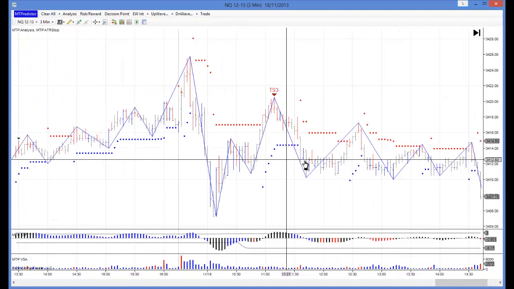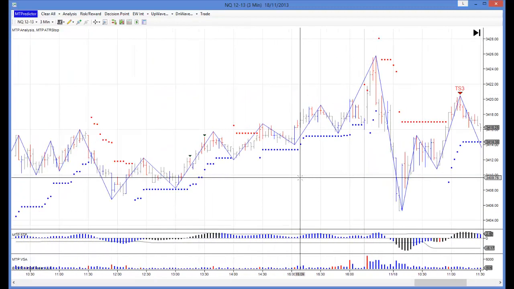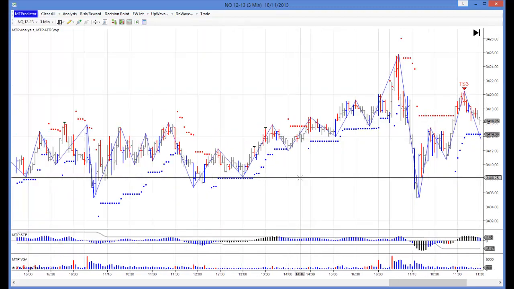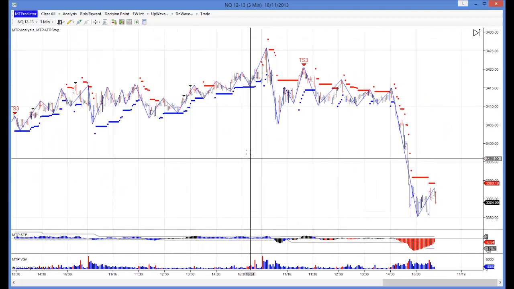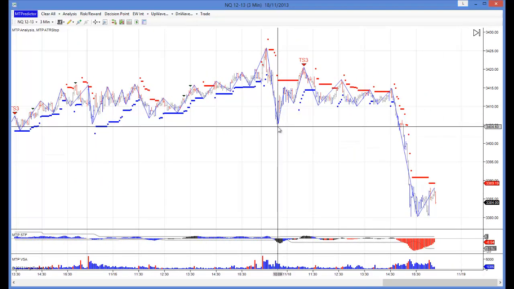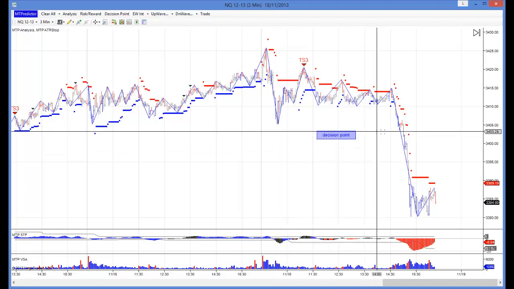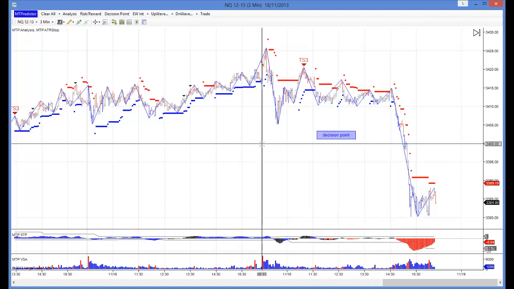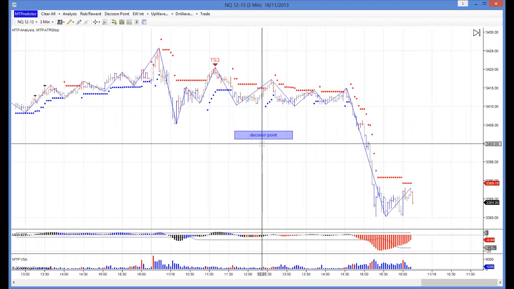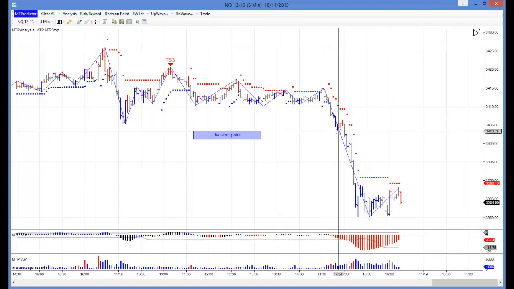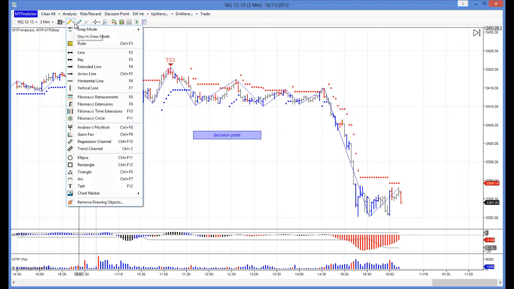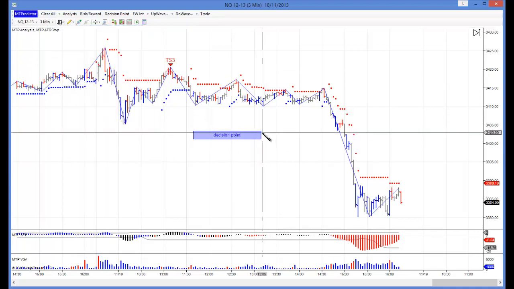So if I go back, and I'll just zoom in a bit here, or zoom out, I mean. If we go back to look at the last major pivot low, which is here, you can see that our DP level, just zoom back out, zoom in again, sorry, wrong way. You can see that our DP level here was just around this particular level. If I just extend this out using the rectangle tool,